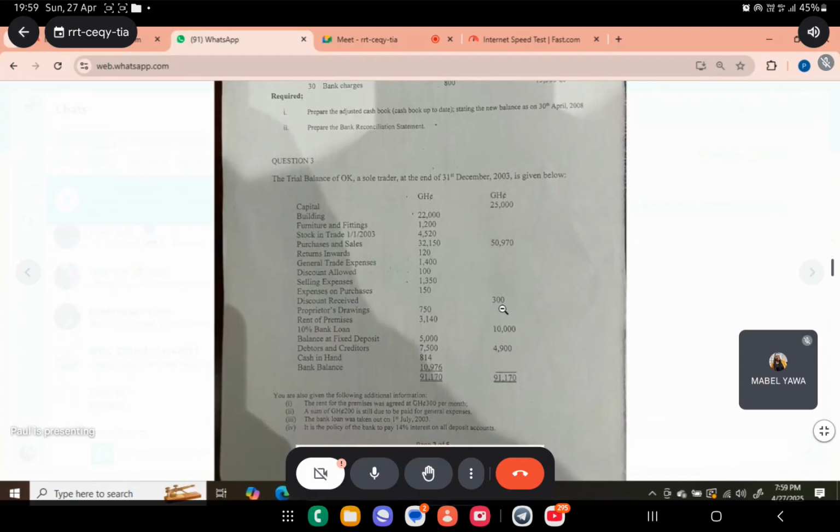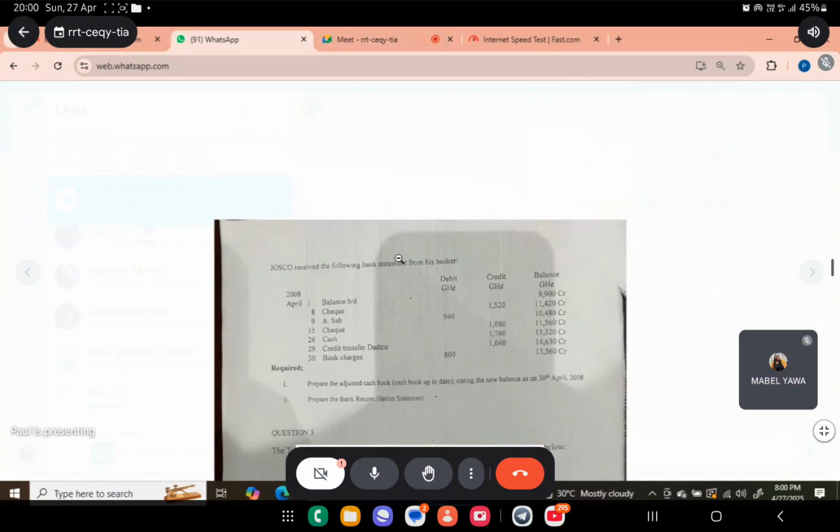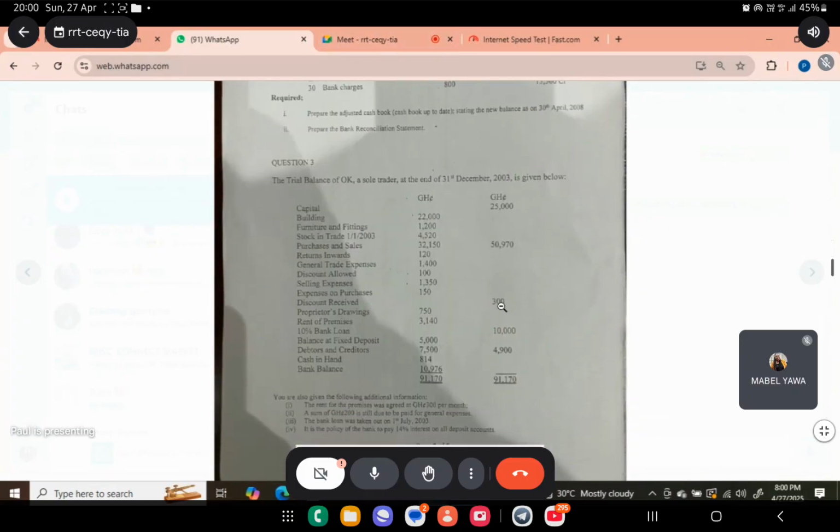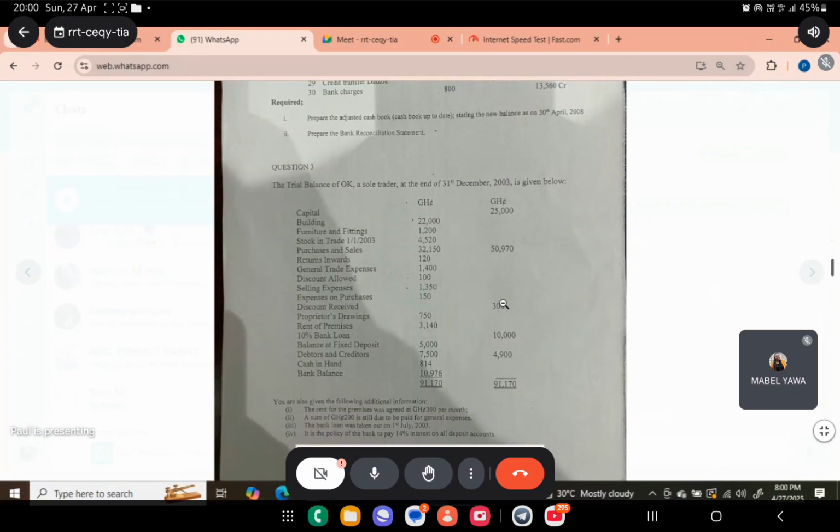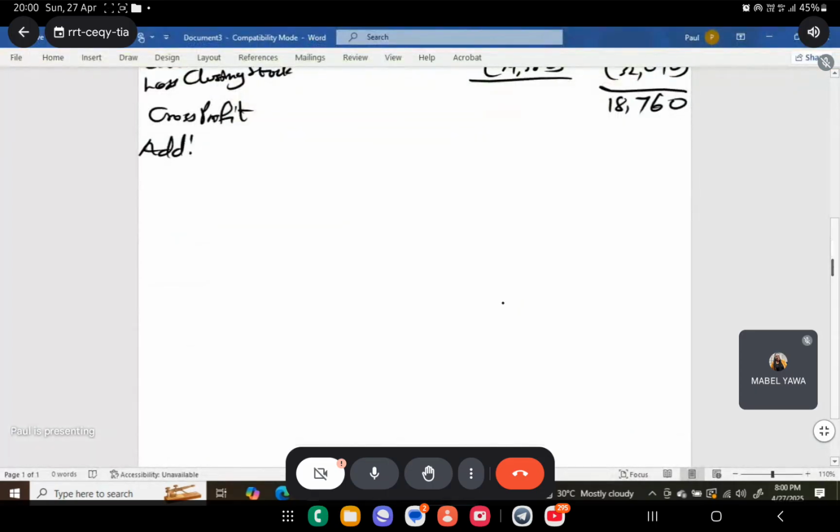I told you that all incomes have credit balance. So discount received is one, and it has a credit balance of 300. So that 300 is taken, and also